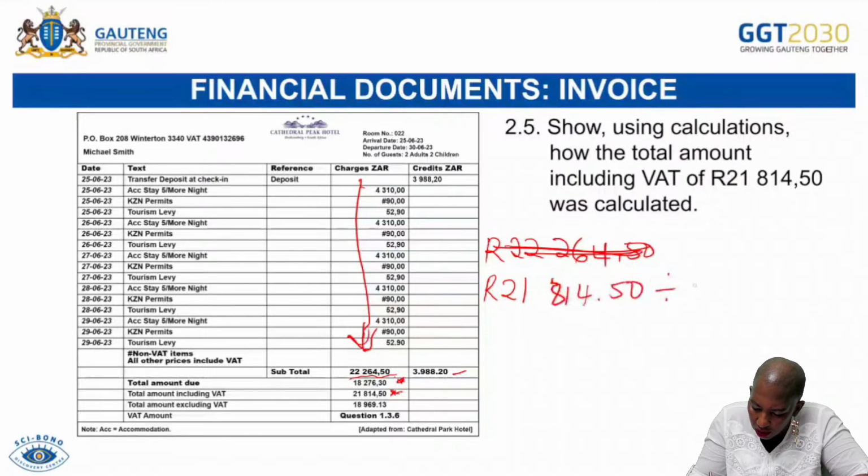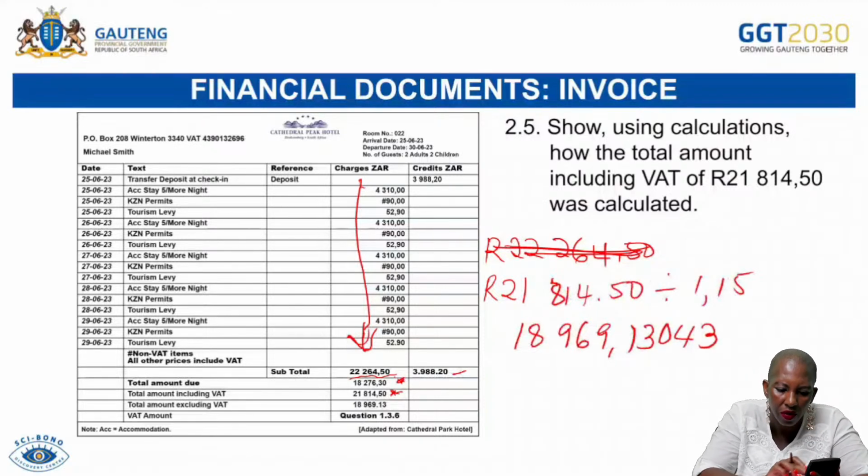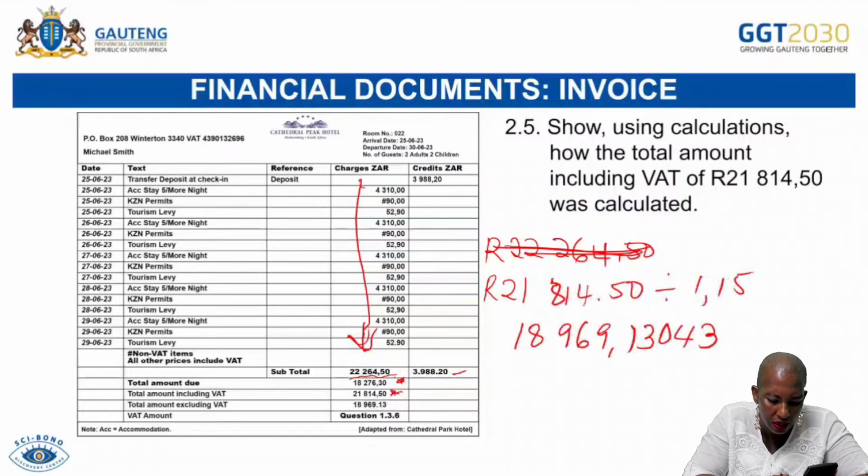21,814.50. I just quickly divide it by 1.15, and then I get this amount of 18,969 rand 13043. And then from this amount now, I can simply say this one, subtract the 21,814 rand 50. That will be,